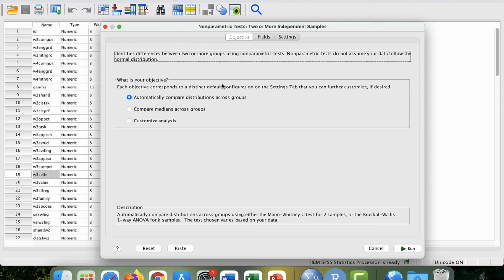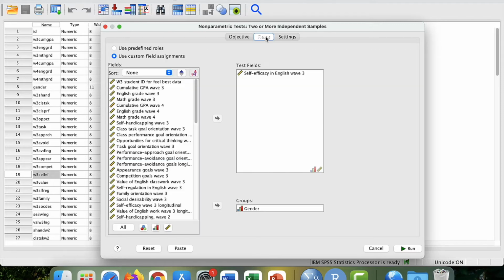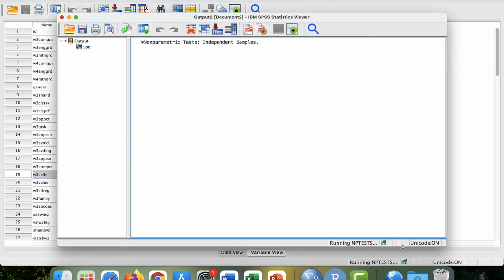So we are going to select the fields. We'll do self-efficacy as our test field, or our dependent variable, and gender as the groups. Now, SPSS is going to see gender only has 2 categories, so it'll automatically do a Mann-Whitney U. And then if I run it,